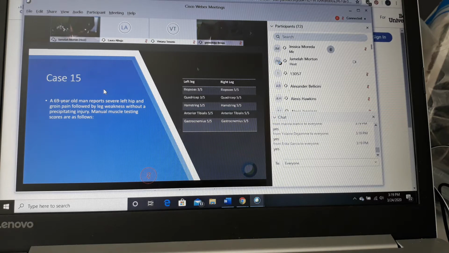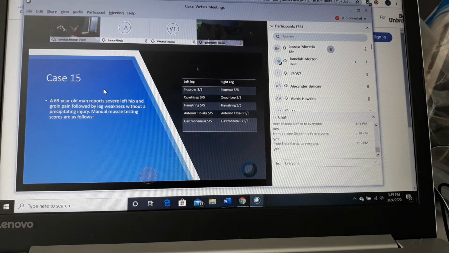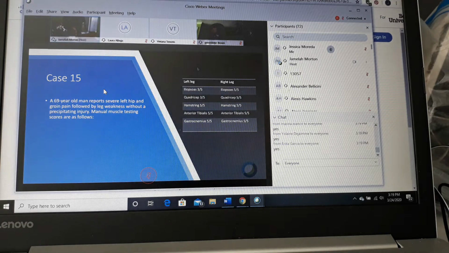See, my thumb is pointing to my groin. My index finger is pointing to my inner leg. My middle finger is pointing down the middle of my leg. My ring finger is pointing medial-lateral, not completely lateral. And then my little finger is lateral. So I want you to get this. This is L1 going to the groin. So if they come in complaining of back pain radiating to the groin,